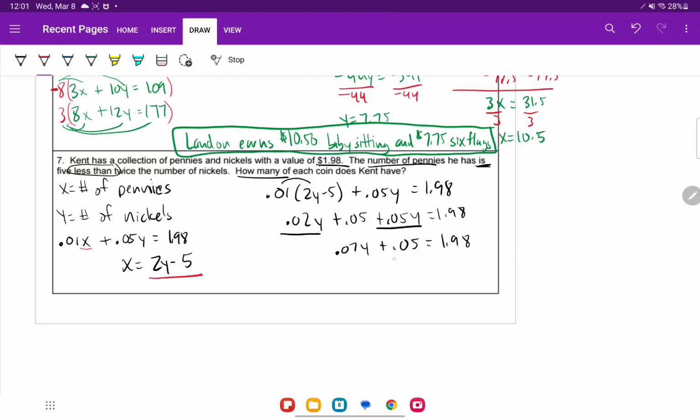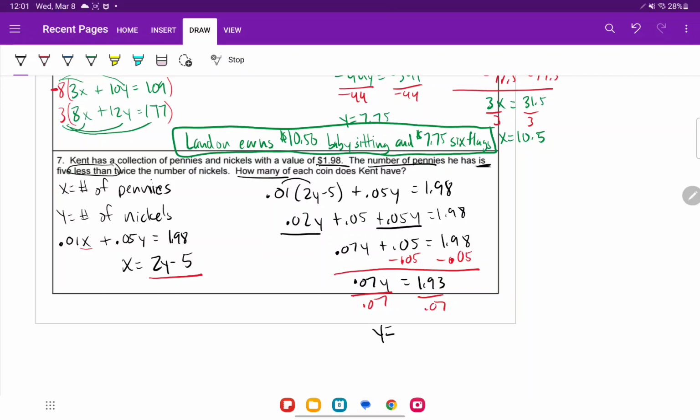Let's go ahead and isolate this y. So we're going to minus 0.05 from both sides. So now we have 0.07y is equal to 1.93. Last, we're going to divide both sides by 0.07. And 1.93 divided by 0.07 is 27.5714. So let's see, y equals,